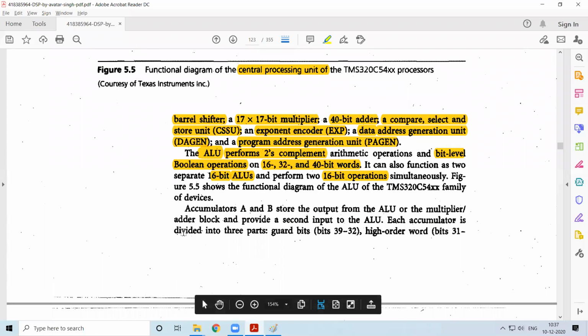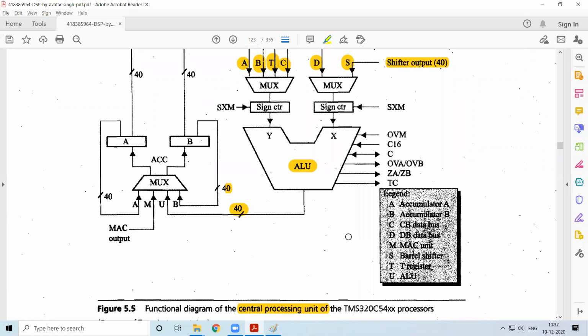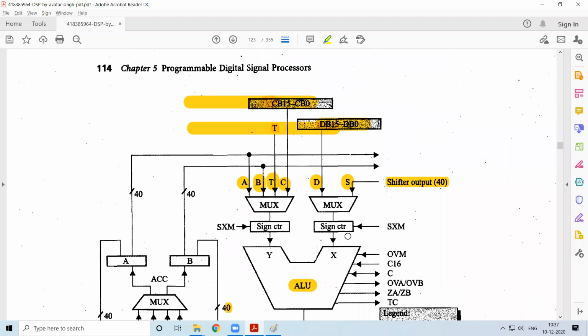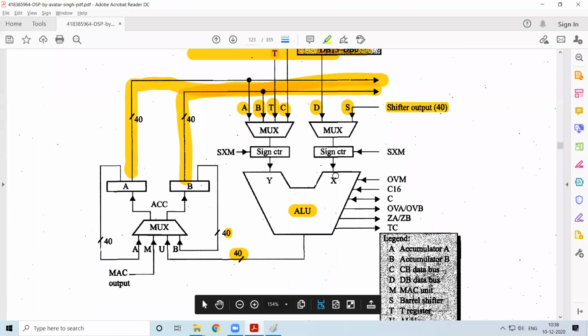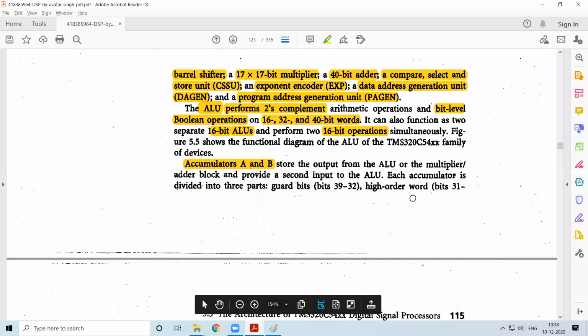Okay. Then we have accumulators, which will be storing the intermediate results. It will be either from the multiplier or the adder. So those results will be stored in this case. That is why this arrow is shown over here. This indicates that these are the outputs of this entire block. These are the outputs pertaining to this block. So this is how it will be going ahead.